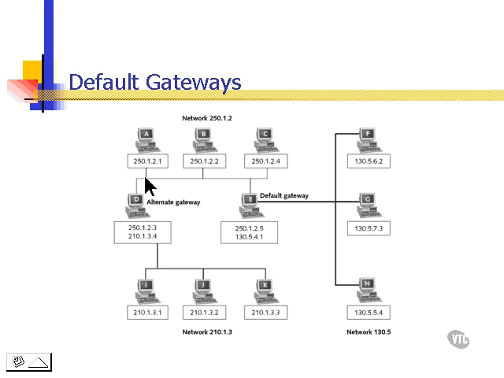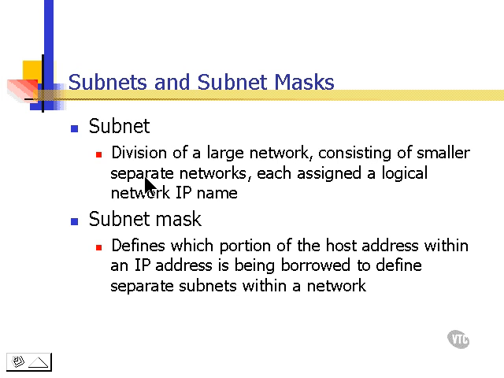We can improve traffic management by dividing a large network into smaller networks. This is called subnetting. And a subnet is a division of a large network consisting of smaller separate networks that are each assigned a logical network IP name and IP address. A subnet mask defines which portion of the host address within an IP address is being borrowed to define separate